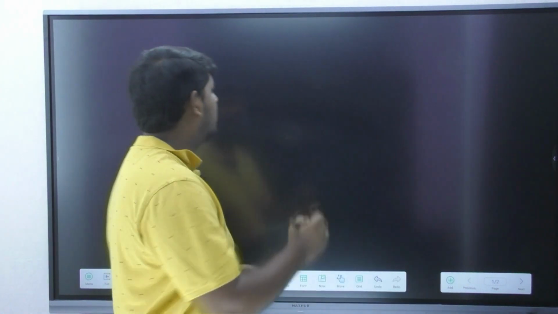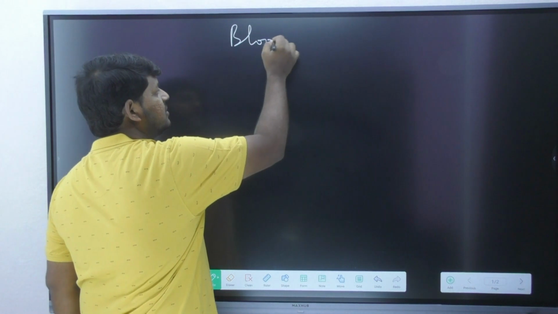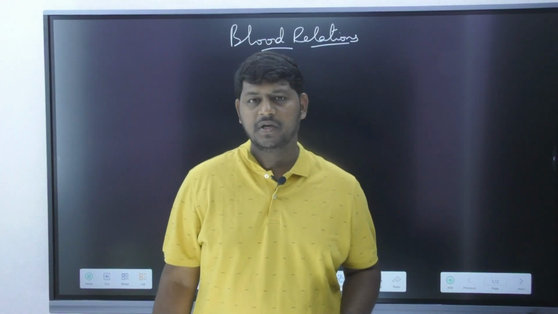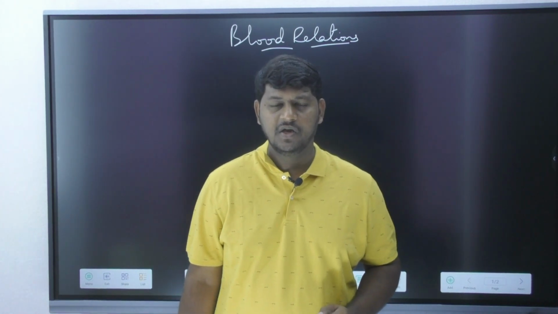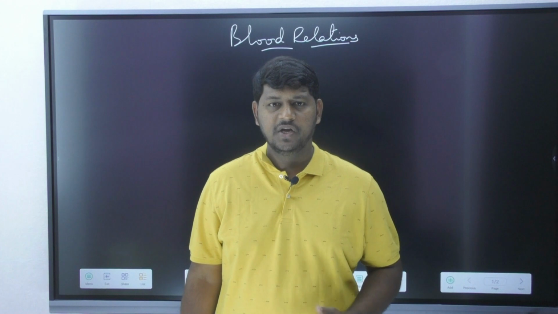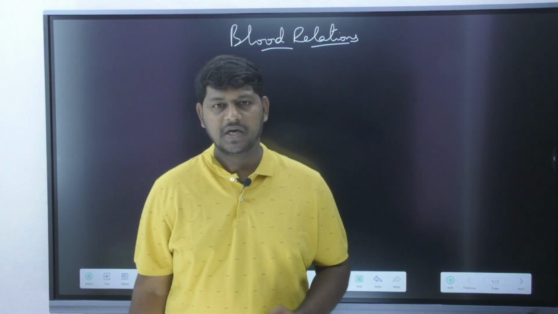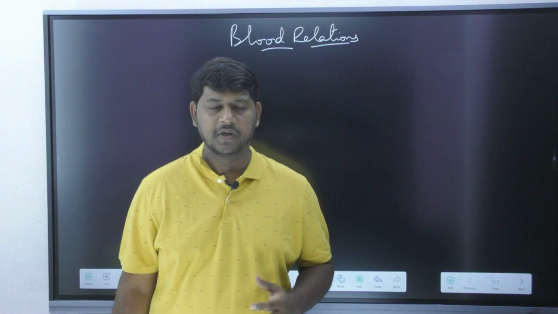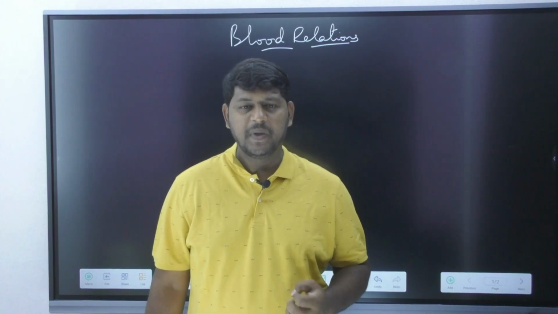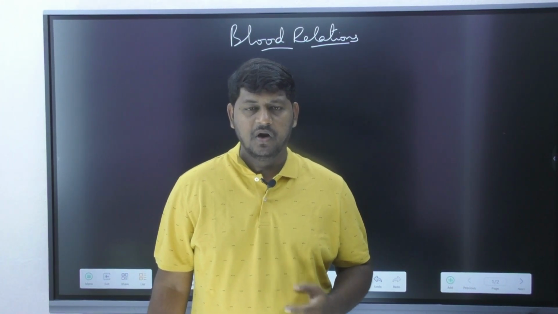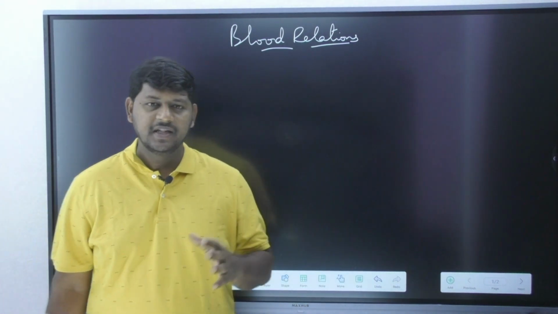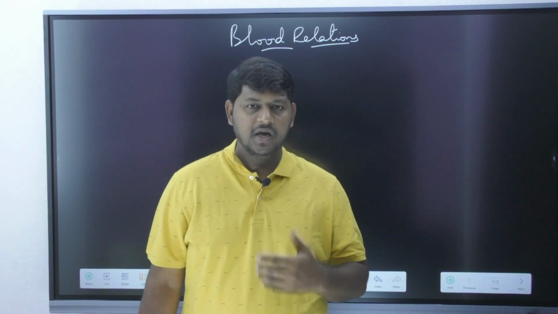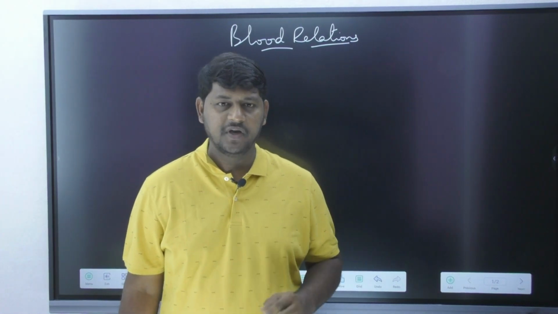Now today we are going to discuss a very good topic, blood relations. As you all know, this topic is going to be very important for you in all the competitive examinations or any entrance examinations. You are going to receive a minimum of 3 marks or a maximum of 5 marks from this topic. So if you know the basics of this particular topic, and the rules for how exactly we need to proceed to find our answers, then when it comes to the questions, it is going to be very easy for you to identify your answer.